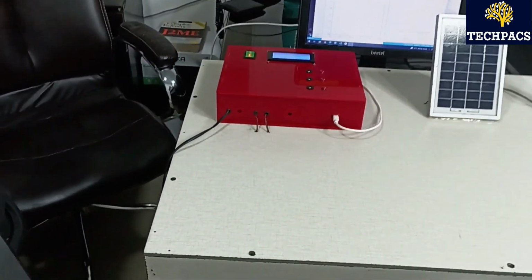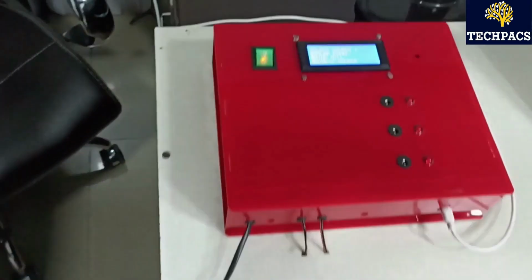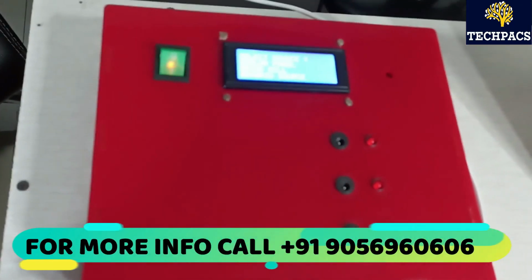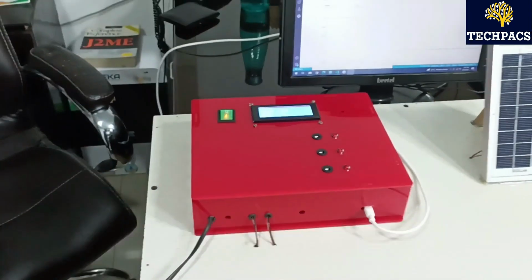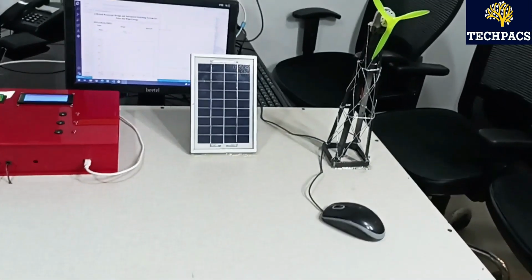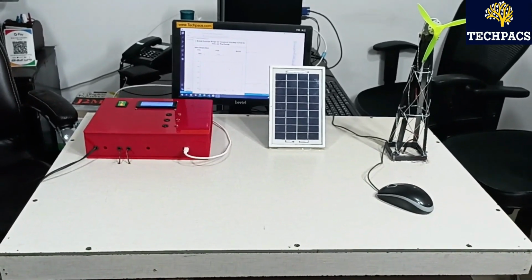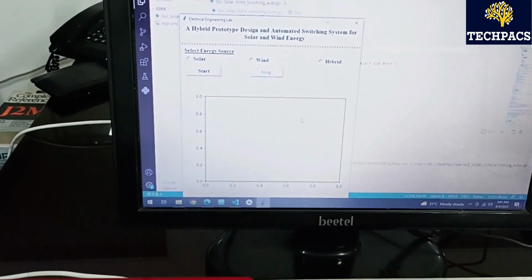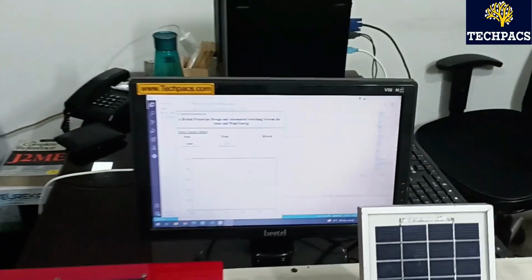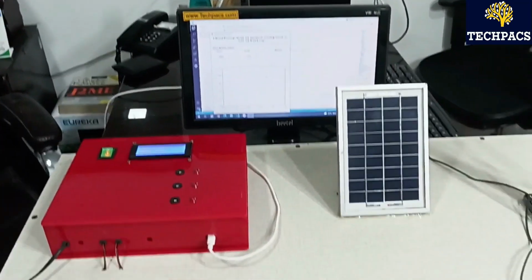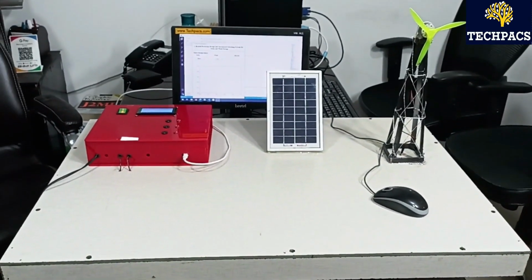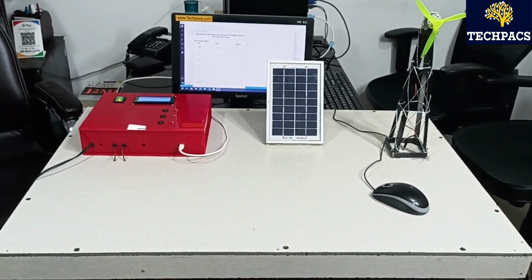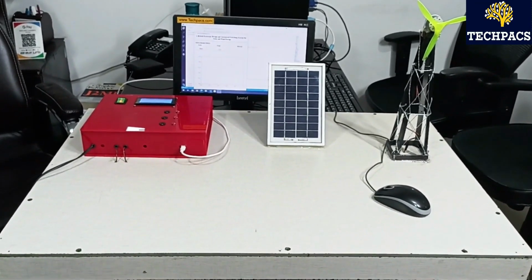So, here we have a switching circuit that enables us to switch between two different power sources or to the hybrid mode. It also comprises of an LCD that displays the status of which power source is being used and also the LEDs to indicate the same. In addition to that, we have developed a computer application using Python programming language which helps us in monitoring the parameters and their values provided by these solar and wind energy resources remotely on our PCs, and it also enables us to switch between the modes of which power source has to be utilized or both of them have to be utilized at the same time.